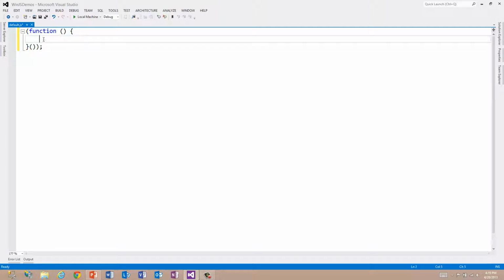So having a self-executing anonymous function allows us to have everything inside of this function curtailed, or within the confines of this function, so you can't see them on the outside. This is good practice. If you want to be a good citizen in the JavaScript world, then you want to make sure that you don't pollute the global namespace with all kinds of variables and functions that are